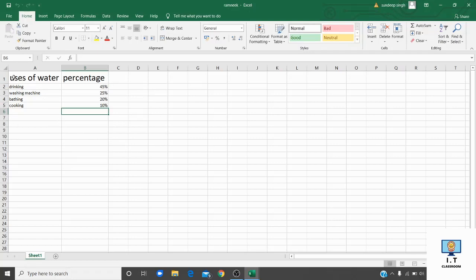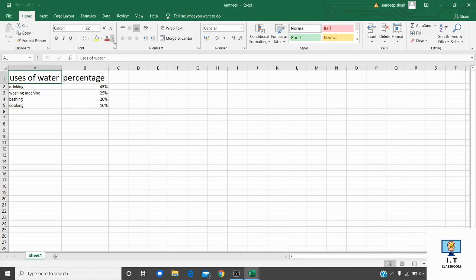Now if you want to edit some data in this worksheet, how is it to be done? Suppose you want to select the data and after that change its font color.